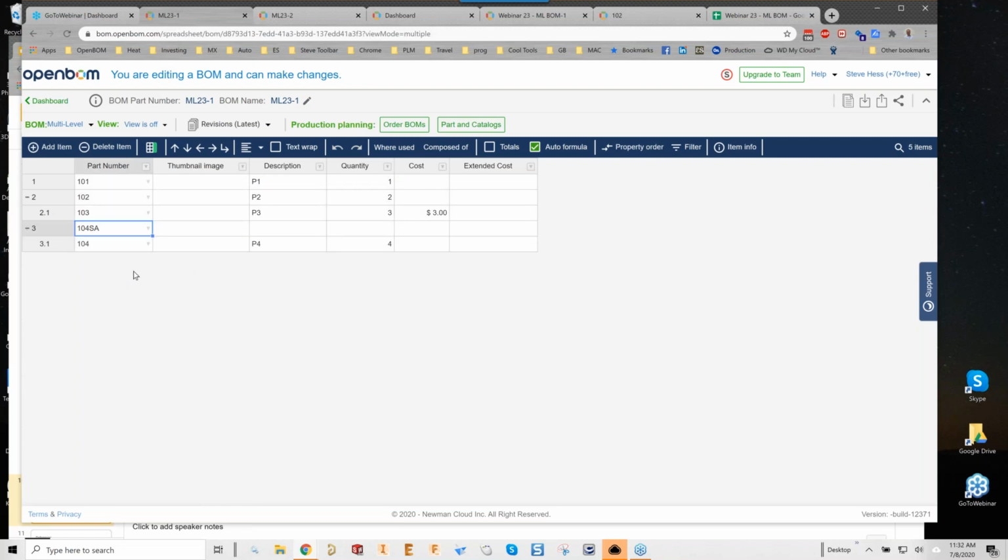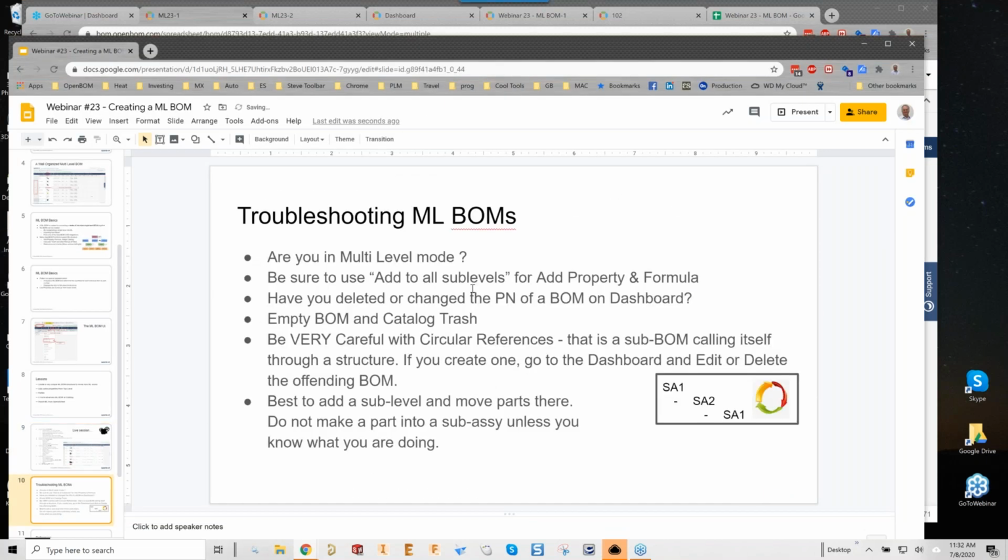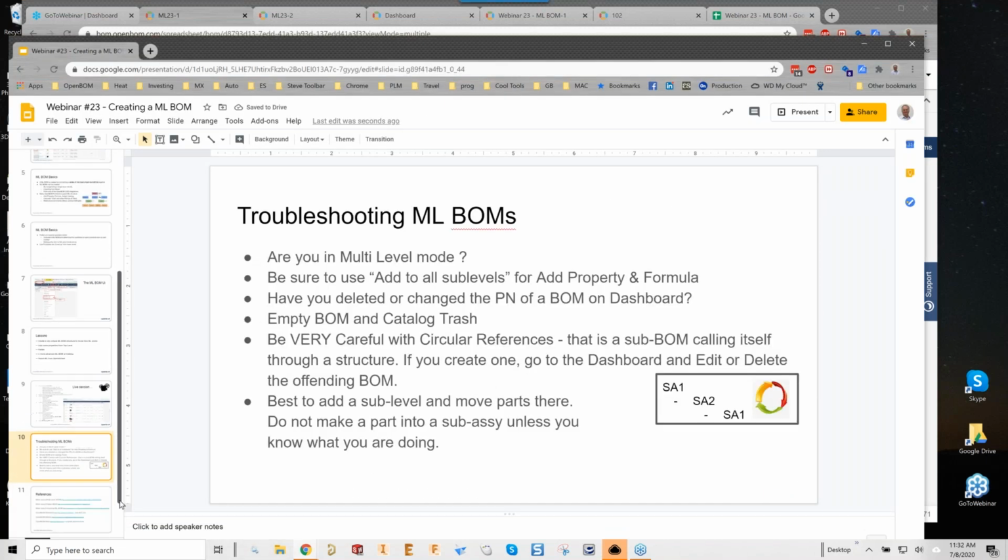Sometimes, from a product structure standpoint, it doesn't make any sense to turn something that was listed as a part into an assembly, especially if it's only for purposes of assembling your product. So, okay, we discussed troubleshooting, and finally,